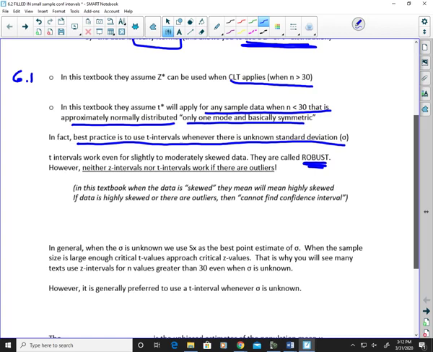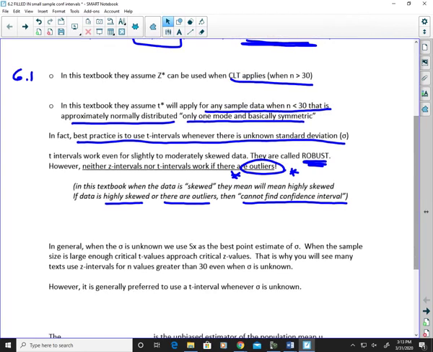Under 15, you generally don't want to have any skew because you have such a little sample size. But the only time that they wouldn't work is if there are outliers. That's a critical time. Now, in this textbook, when they say something is skewed, they're going to mean it's highly skewed. And if data is highly skewed, or there are outliers, then you cannot find a confidence interval and you'll get to stop. You'll get to stop the problem and just say,